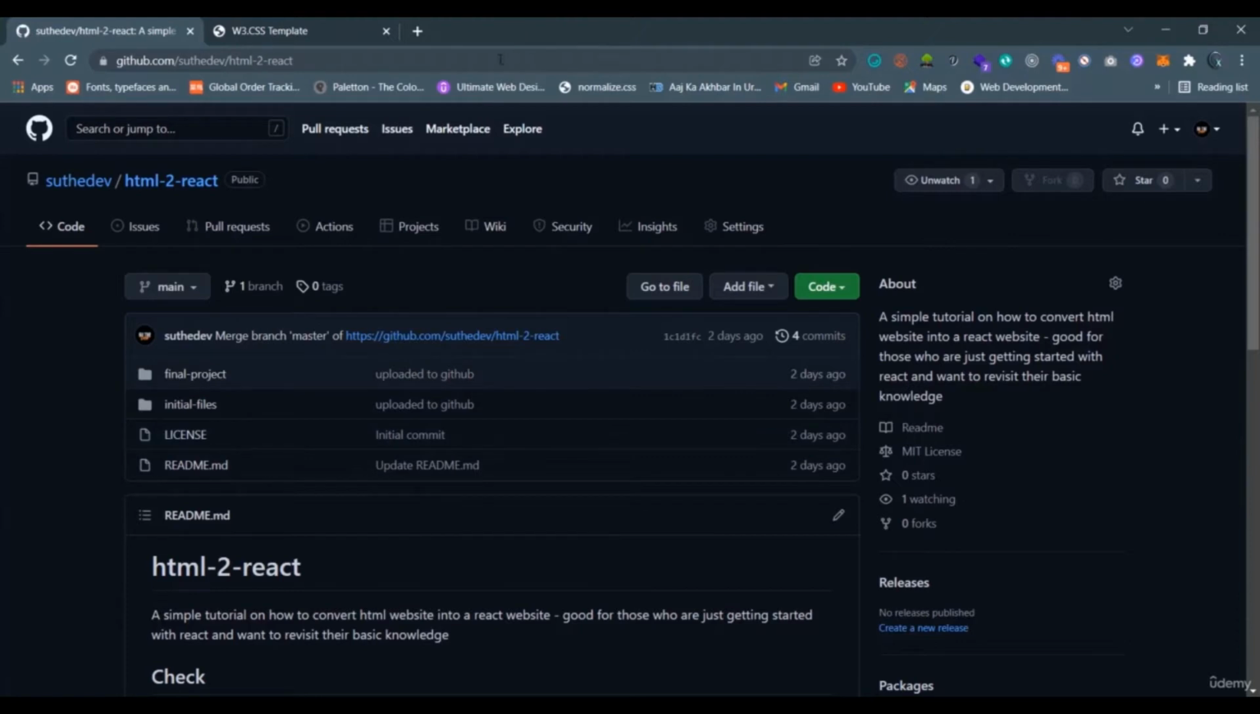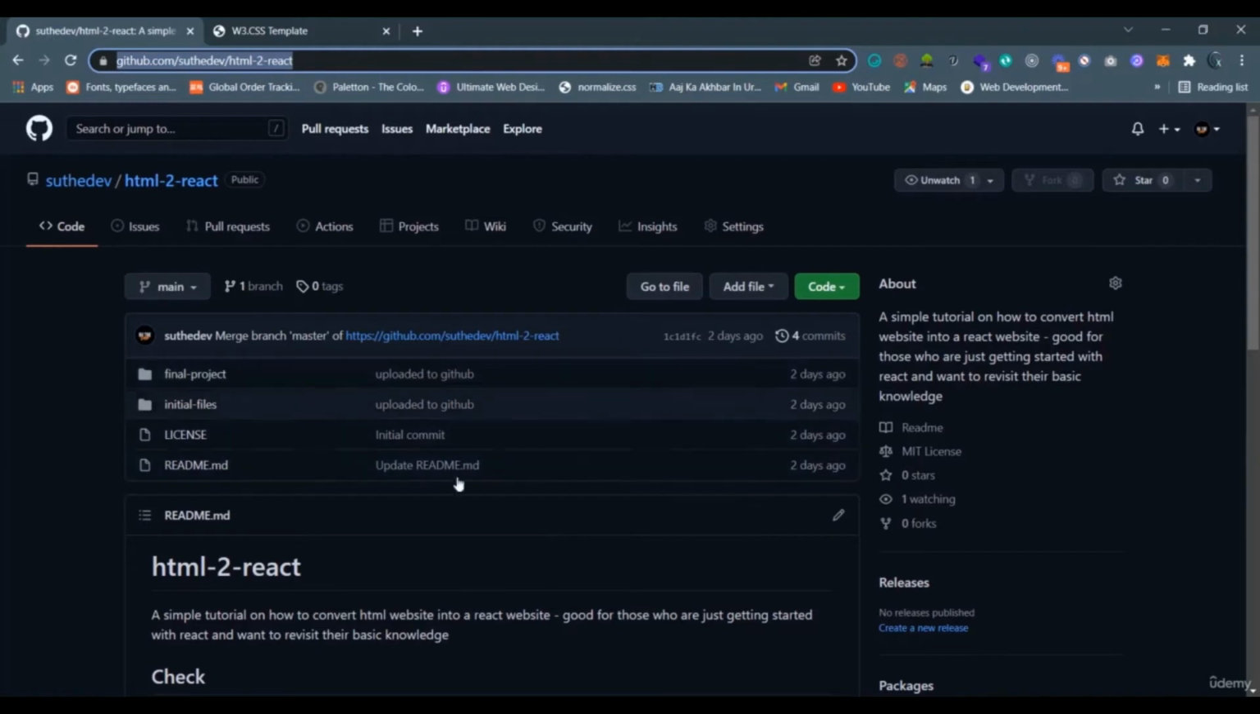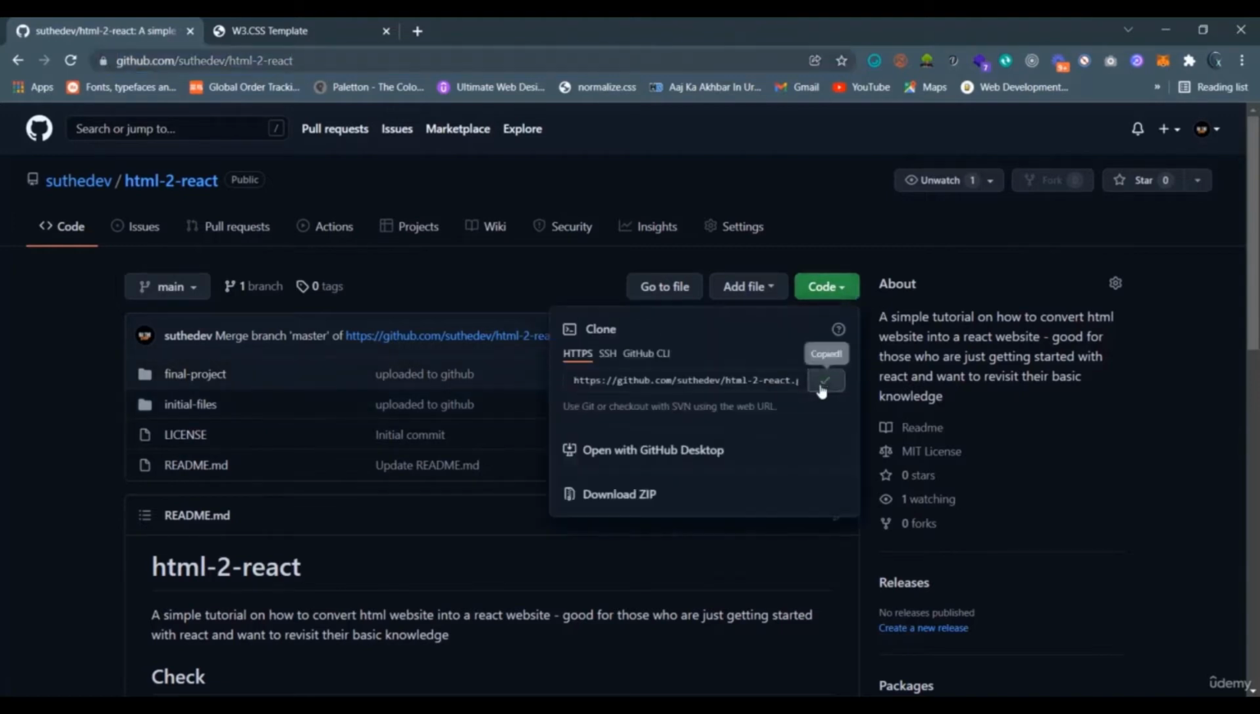I've added this link in the description. You can go to this link and download the files. These are the initial files that we are going to use for this tutorial. You can simply go to this code and copy, or you can download a zip as well. So copying this HTTPS URL, and then